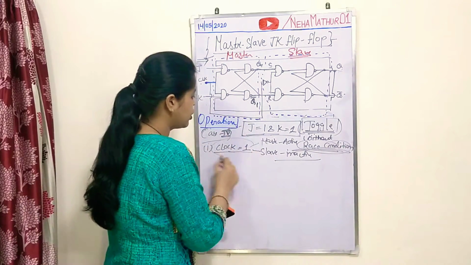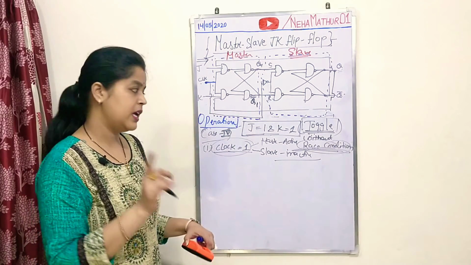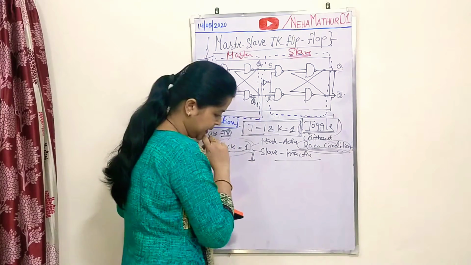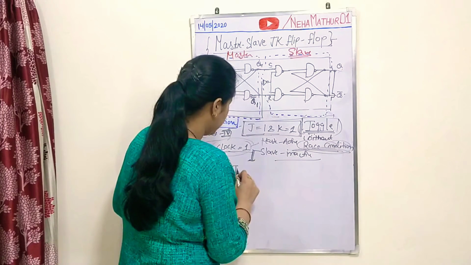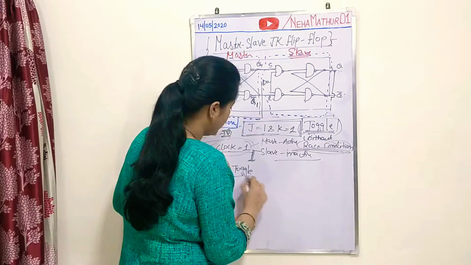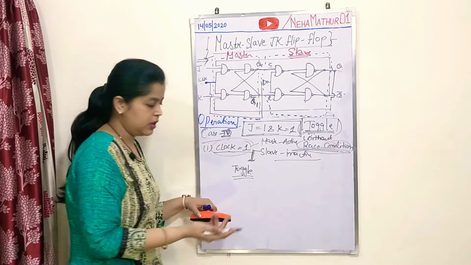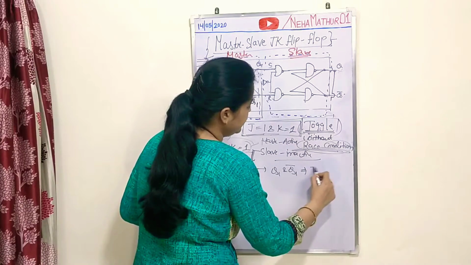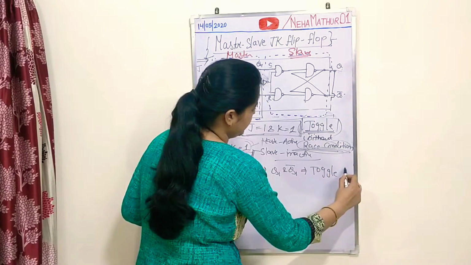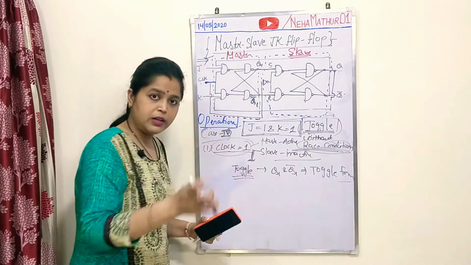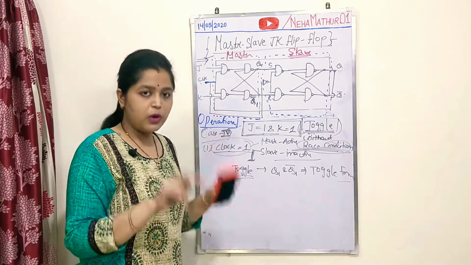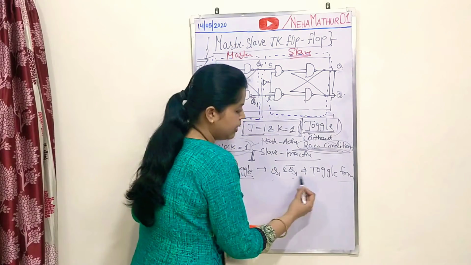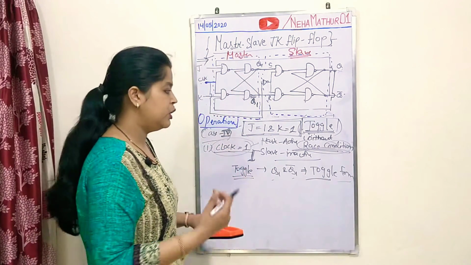Now for clock equals 1, J equals 1 and K equals 1, the JK circuit, or you can say your master circuit, will toggle, and you will get your Q1 and Q1 bar in toggle form. If initially you were assuming 0 1, it will become 1 0, and if you are assuming 1 0, it will become 0 1. So your Q1 and Q1 bar will be in toggle form.